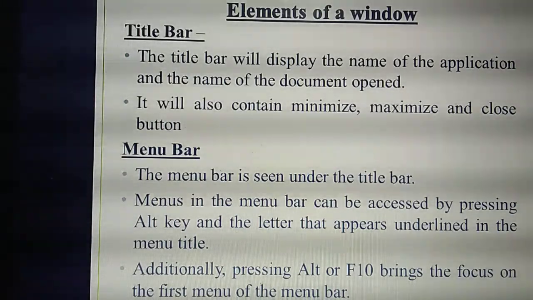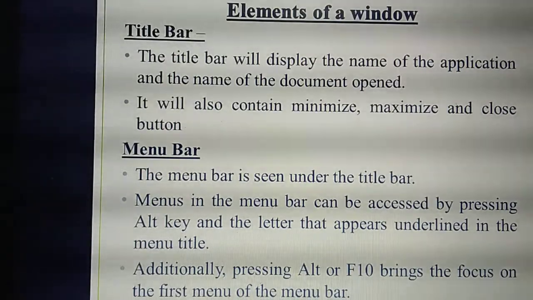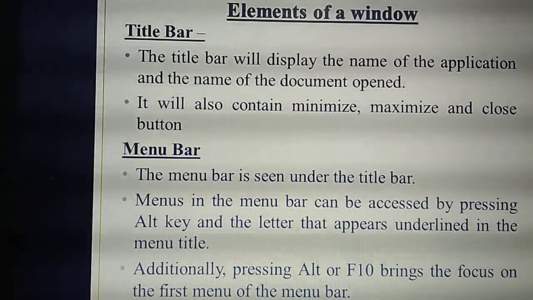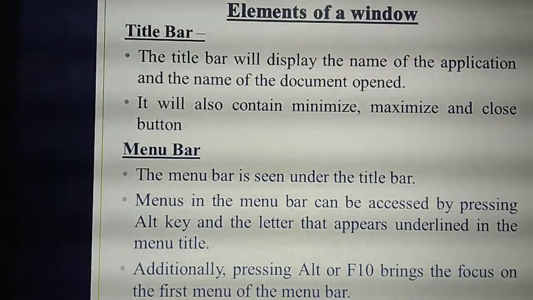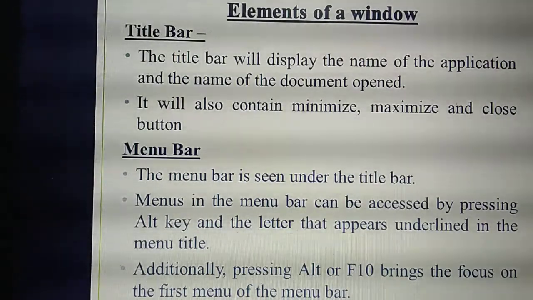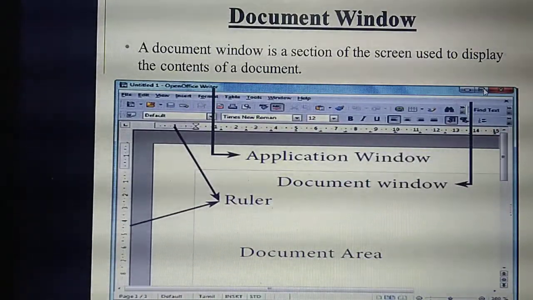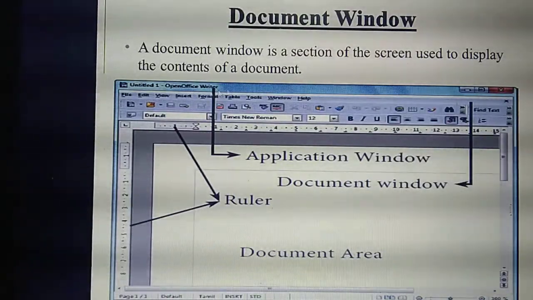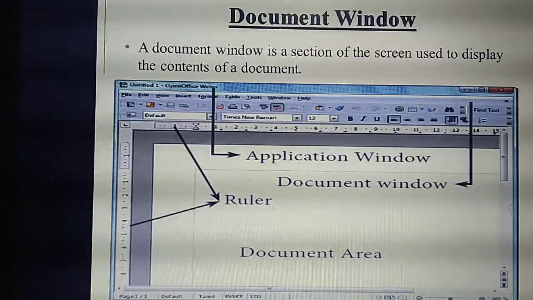What's the use of maximize? Which button is used for maximize? The rectangular box. You can maximize the window. Close means if you click the red color button, the document will close. So I have taught about this title bar. See, this is for minimize. The next button is for maximize. This white color cross mark is called the close button. These things are present in which bar? Title bar. Understand? If you listen carefully, understand and study, there is no need to mug it up.